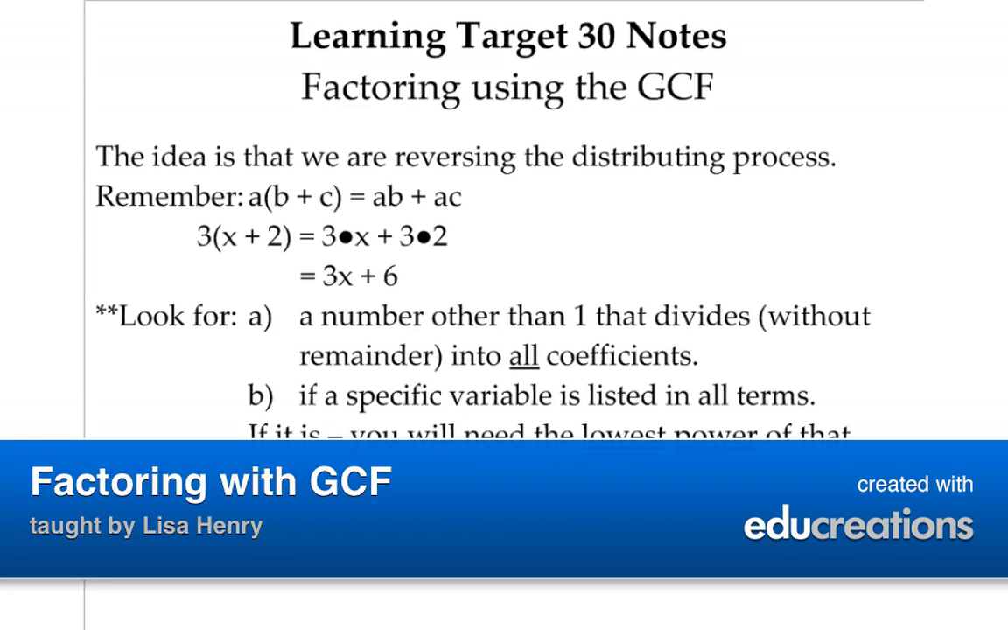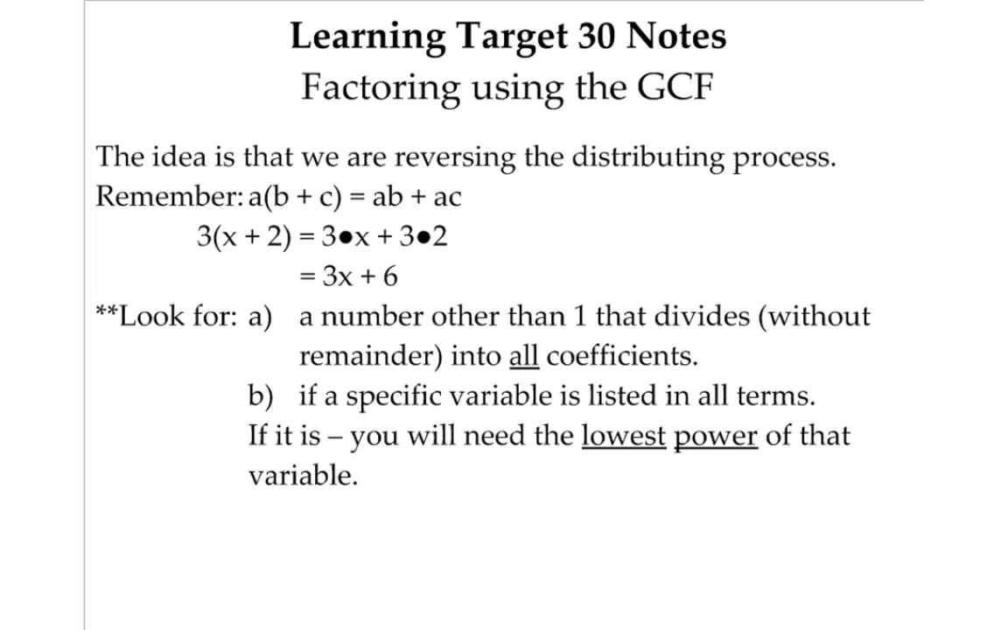This screencast is going over how to factor using the GCF. GCF stands for greatest common factor. The idea here is that we are reversing our distributing process. We're going backwards. We had, if we were distributing some letter A or some number A multiplied times the quantity